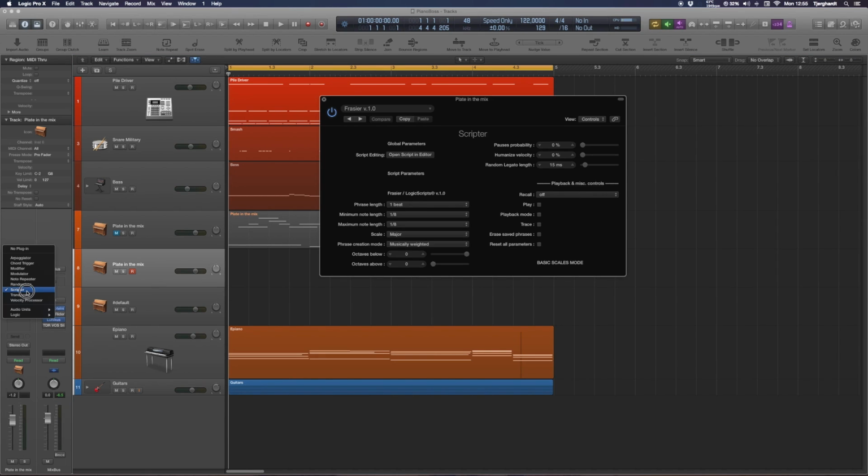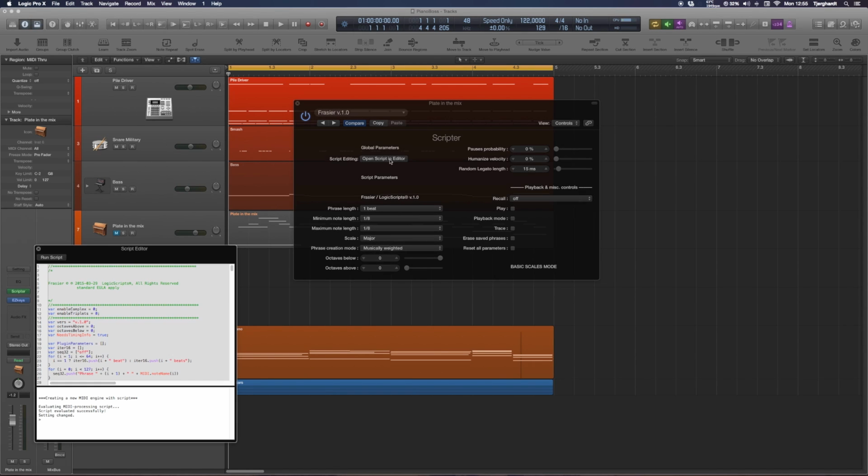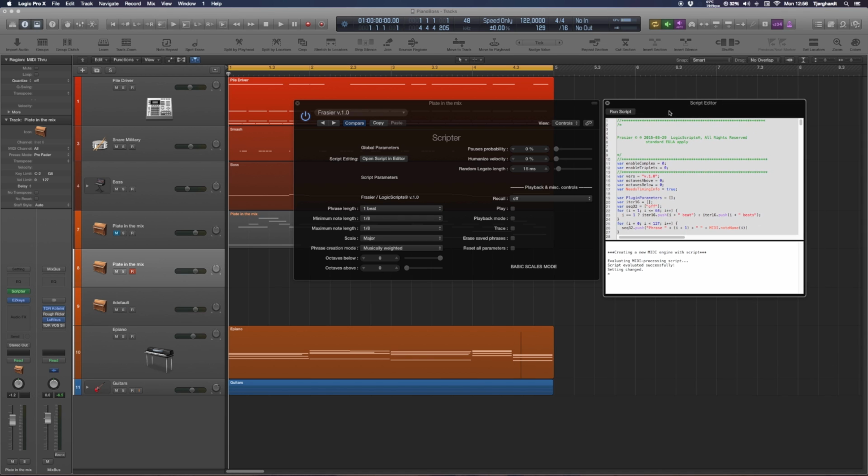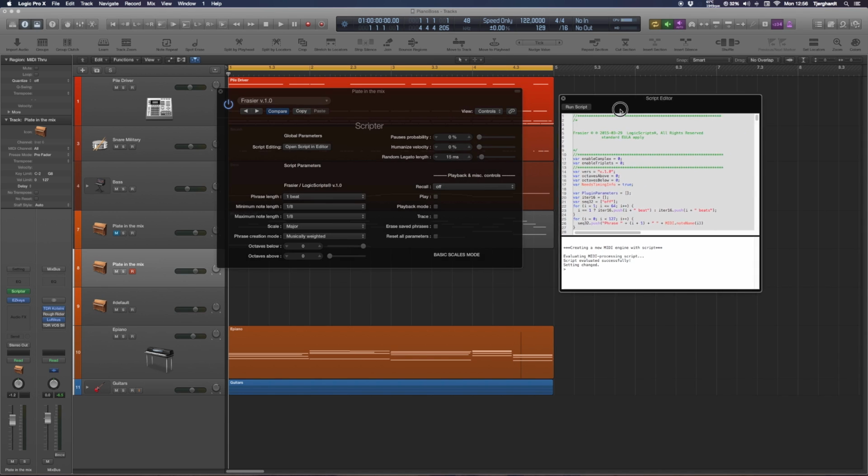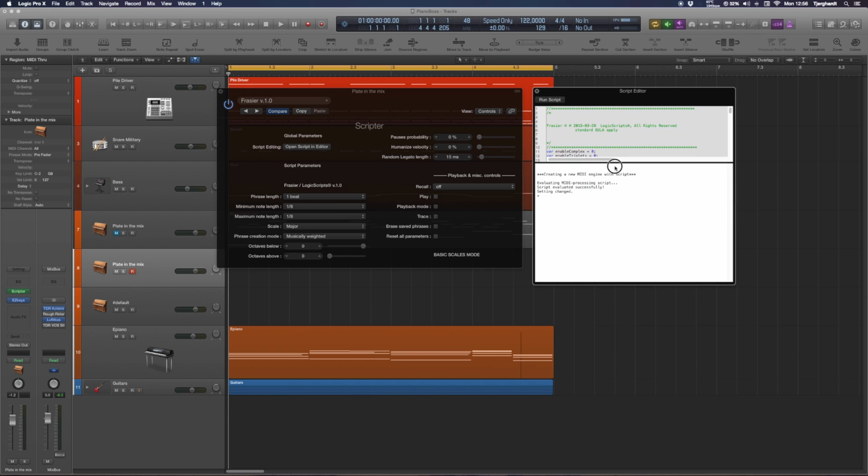So insert an instance of scripter into the MIDI effects plugin slot as usual. If you don't have Frasier already, you won't have the presets, so you just take your text file and copy paste into the script editor, replacing whatever is in there already. I have Frasier already saved in my presets, so